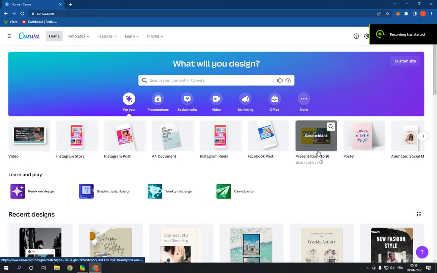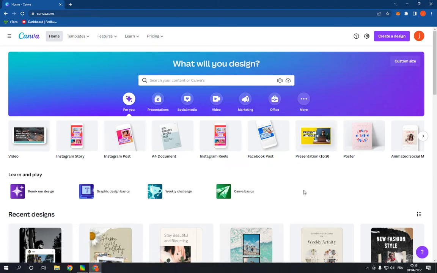How to make and create a restaurant flyer on Canva PC. Hello guys, so in today's video I'm going to show you how to create a restaurant flyer in less than 1